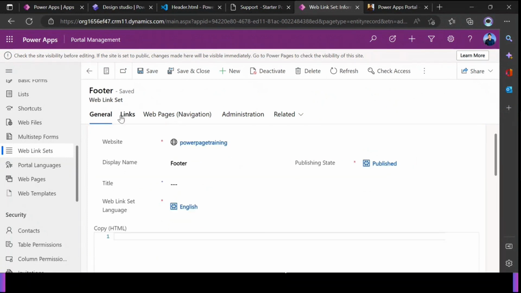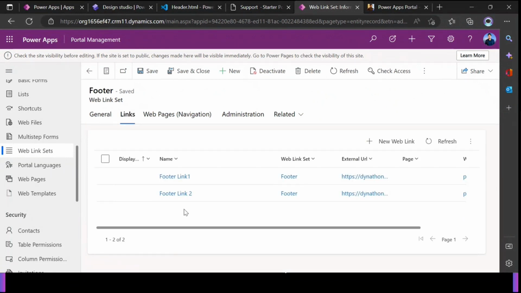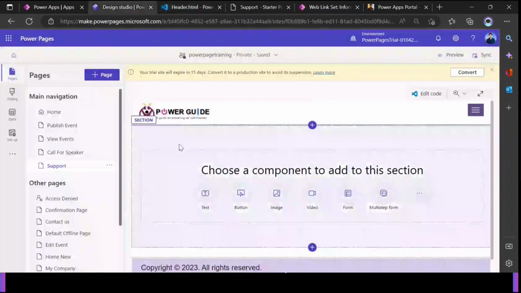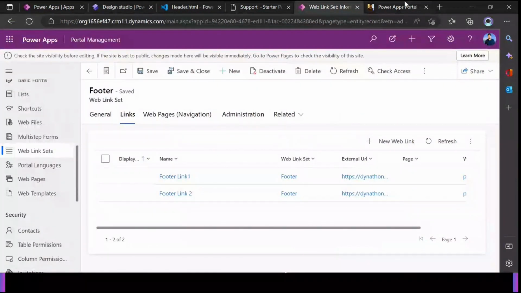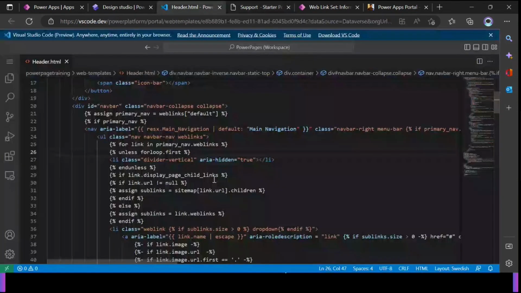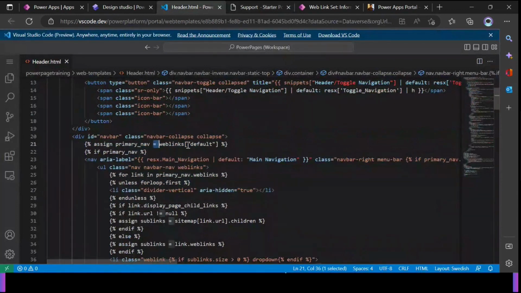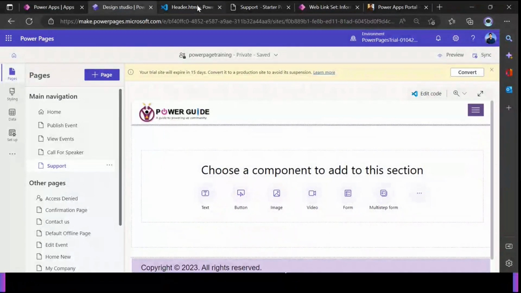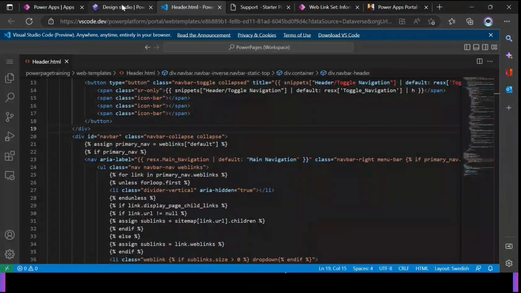So in the footer, if I go to the links, if you create multiple links under the footer, it doesn't automatically reflect here. It doesn't mean that because you have created the web links under the footer, they will automatically start appearing in your footer, right? Unless you go to the footer template and start retrieving them the same way we are retrieving in the header template, right? In the header template, why are this web link set or the web links visible? Because here we have written the code to retrieve it from the web link set and display it on the portal. So if I head over to my footer template, first let me save this, sync back my changes,